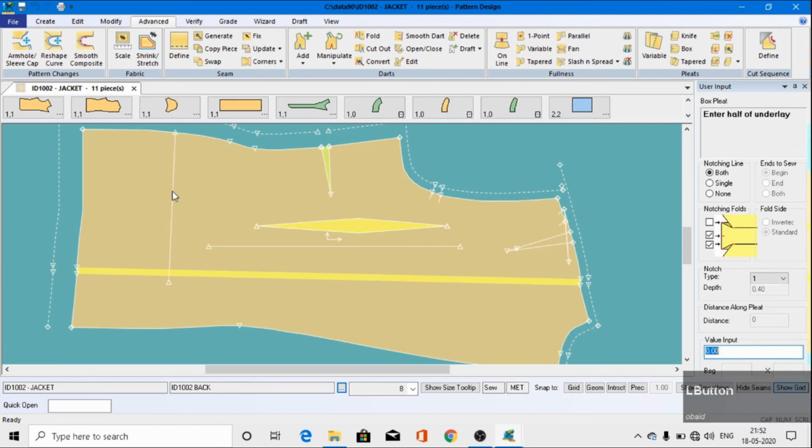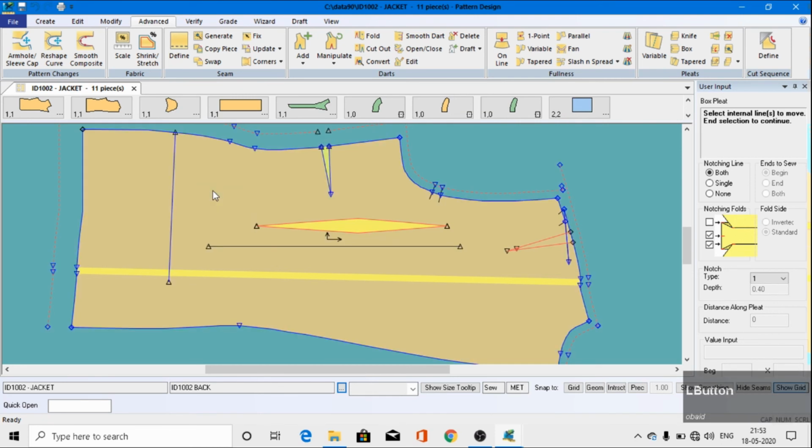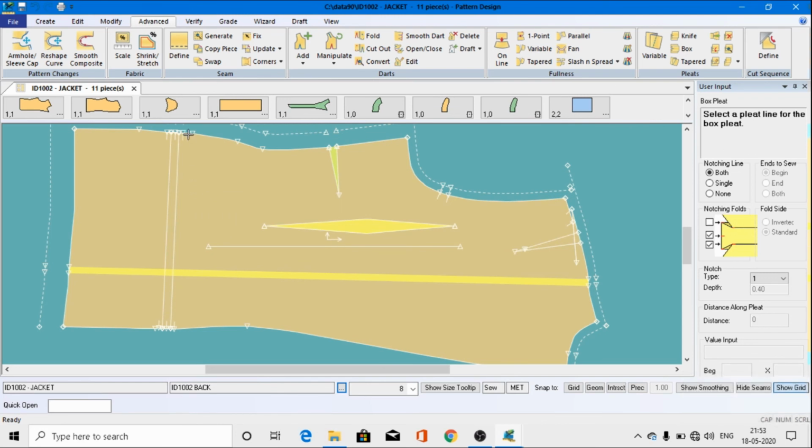So we will select it, and then wherever you want the pleat, you will select that line and put the half width of your pleat, and then hit the enter button. Enter number of pleats. I want one pleat, and then hit the enter button, and then select the internal line, right click and then continue. So now you can see that the box pleat has been applied to your garments.